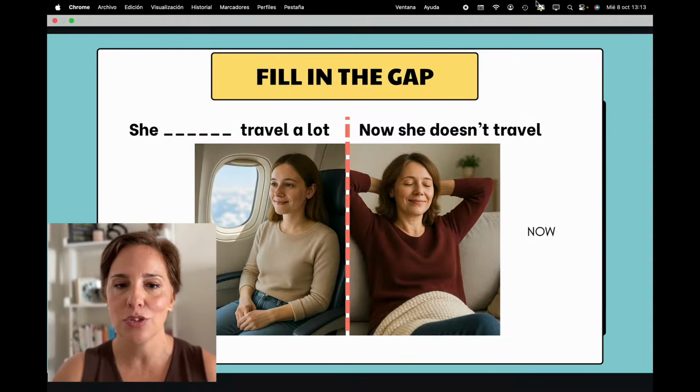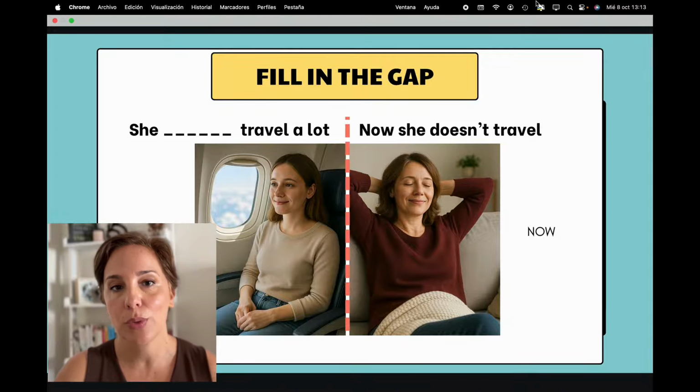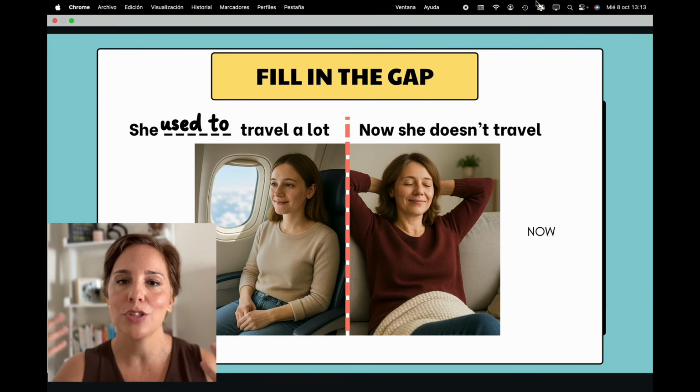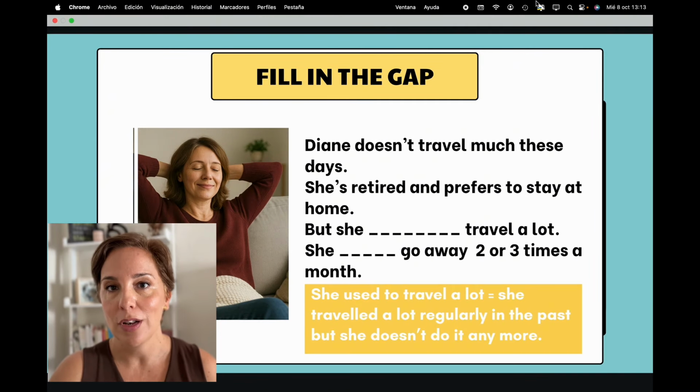You have a lady on the screen, and in year 2000, it says she travels a lot, but now she doesn't travel. So if we had to fill in the gap, you should say something like, in year 2000, she used to travel a lot, but now she doesn't travel anymore. Diane doesn't travel much these days because she's retired and she prefers to stay at home. But in the past, she used to travel a lot and she used to go away 2 or 3